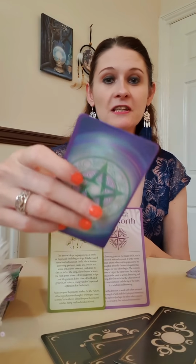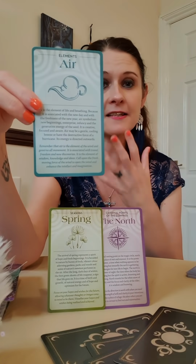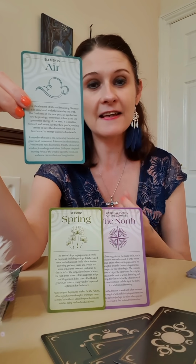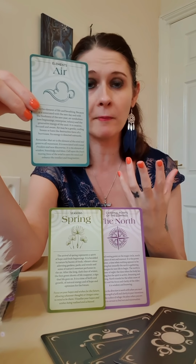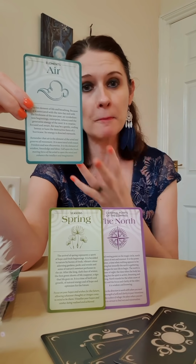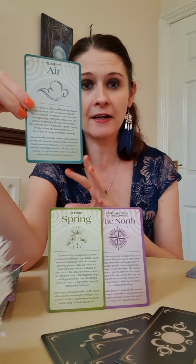I love this because I didn't even notice this was here, and we've got the element of air. So this is about the winds of change. Now, if you've been seeing dragonflies or butterflies, this is a sign of changes in the air. Things are transforming. Things are moving forward. And this is about things being picked up and moved. So there's a lot of movement coming into your connection and in your life between now and the springtime,